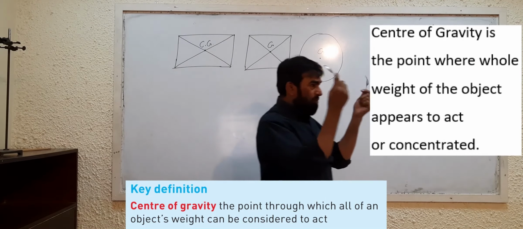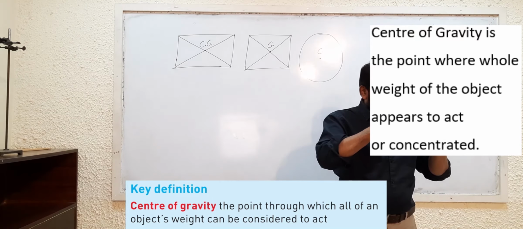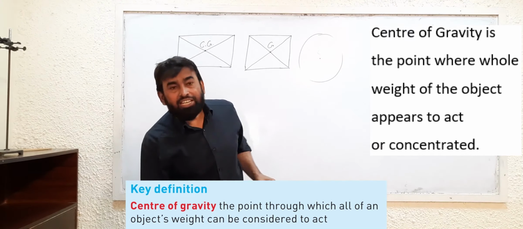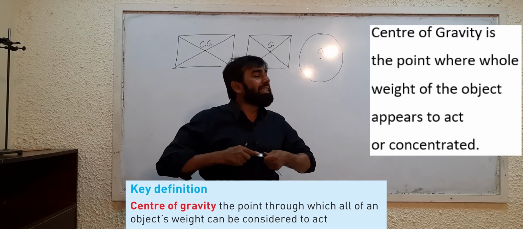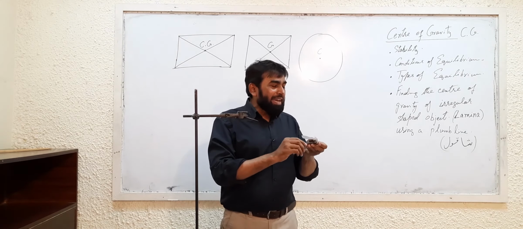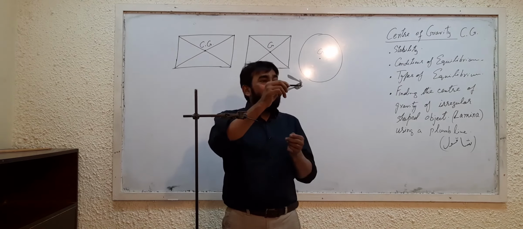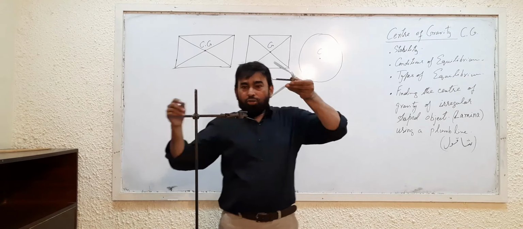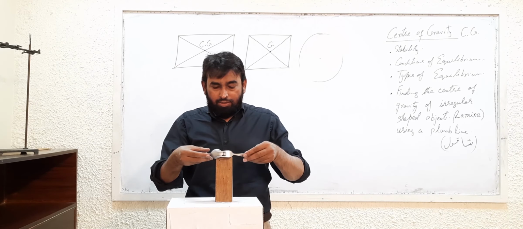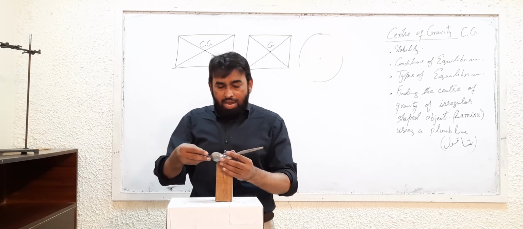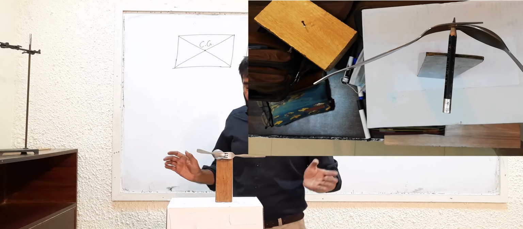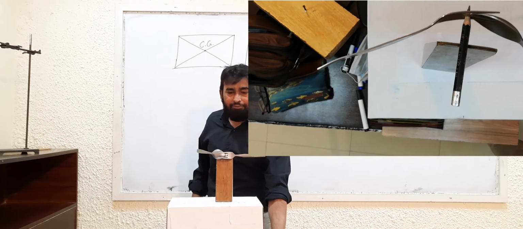I have a fork and a spoon. I am trying to do it like this. I am telling you that sometimes it happens that the center of gravity is not lying within the body. It may be outside of that body. Now I want to show you that its center of gravity has come out of this. If I want to balance it like this, I adjust it on this wedge, and on this pencil. Okay, so you can see that I have balanced it.